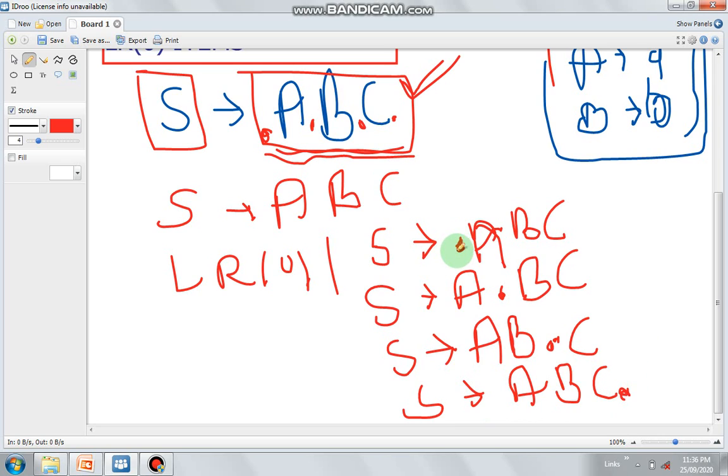So in the first LR0 item the dot is here, in the next the dot is here, in the next the dot is here, and in the last the dot is here.